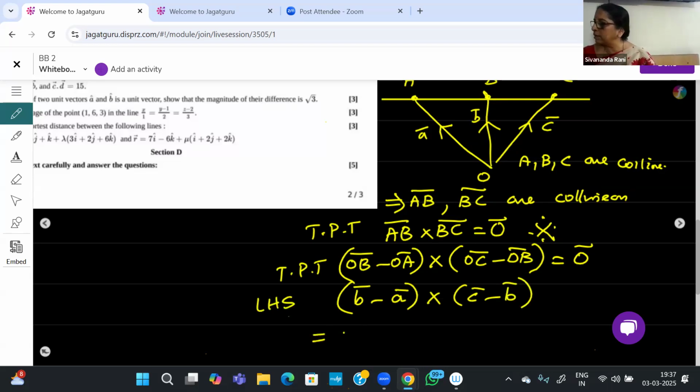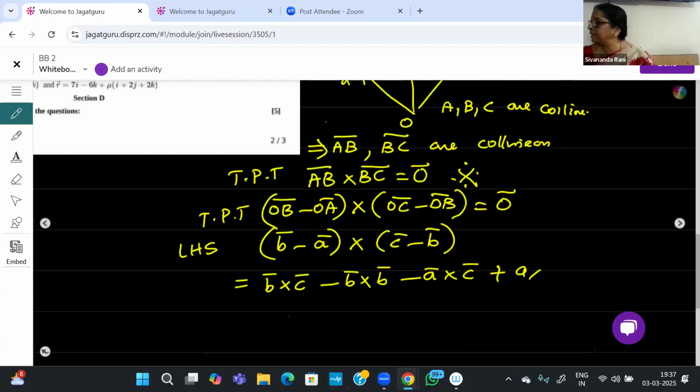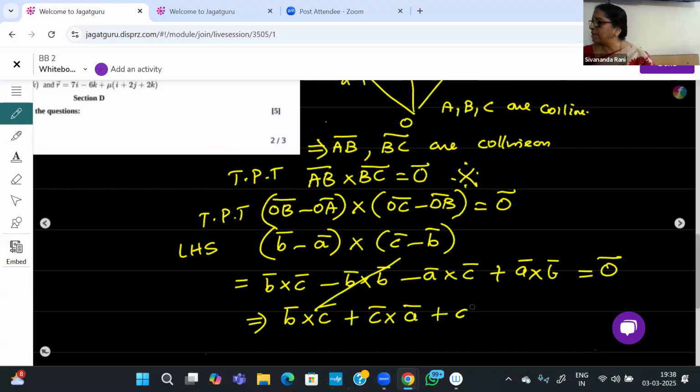This is nothing but B cross C minus B cross B minus A cross C plus A cross B. This is equal to 0 given, right? Or in other words, B cross C, this is 0 anyway, plus C cross A plus A cross B. Hence,